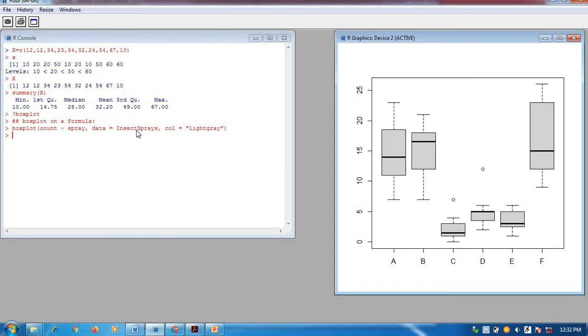One of the data sets is this, data equal to InsectSprays. So what is it? It is a data frame. What is this count tilde spray? When we learn the fifth and sixth assignments, you will learn this formula and the tilde option. Here this acts as one formula. First I will show you what this data frame contains.